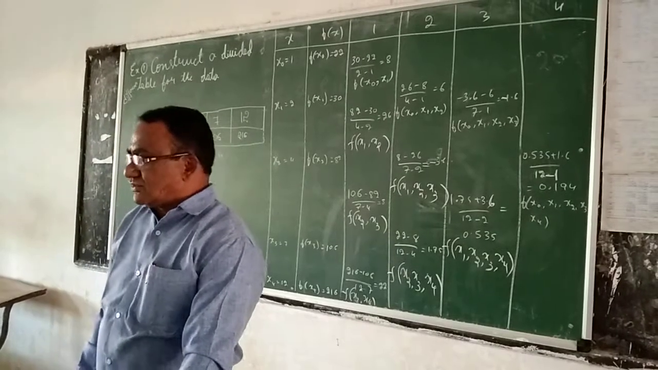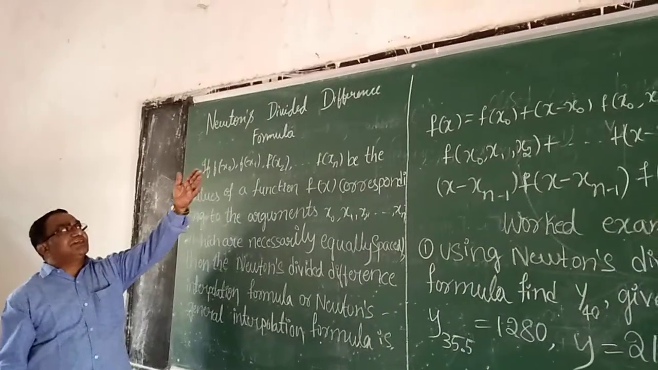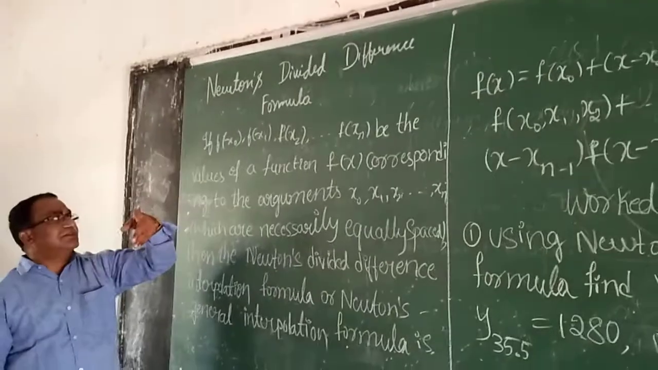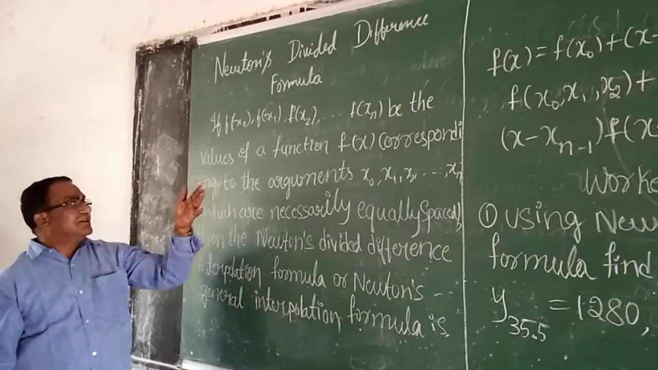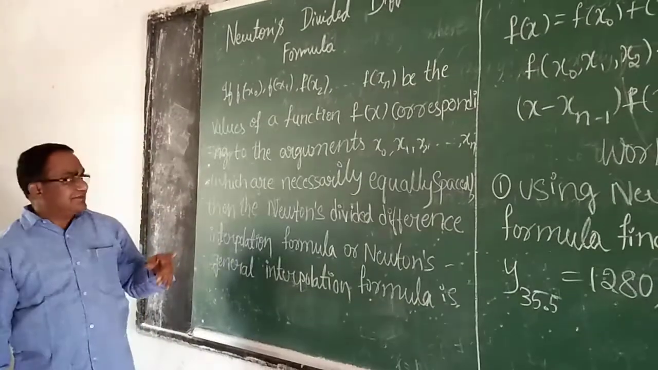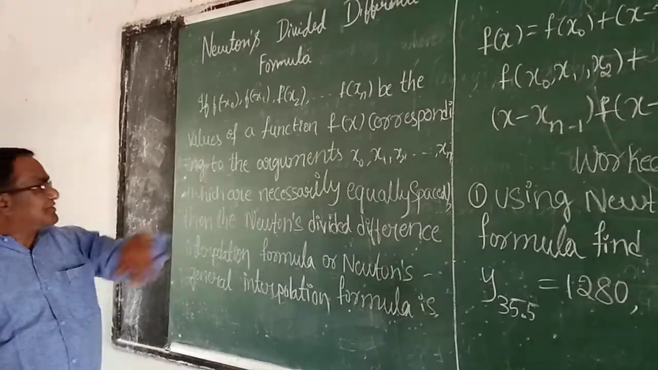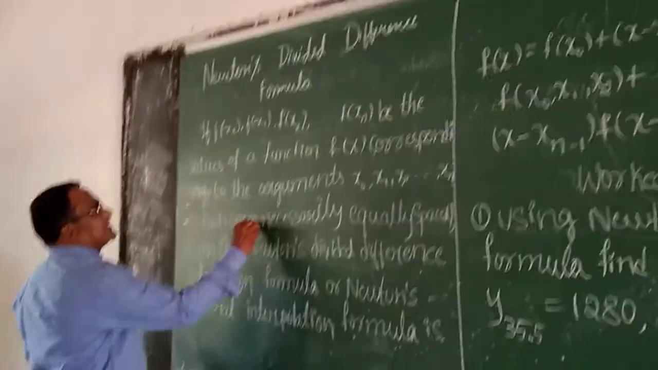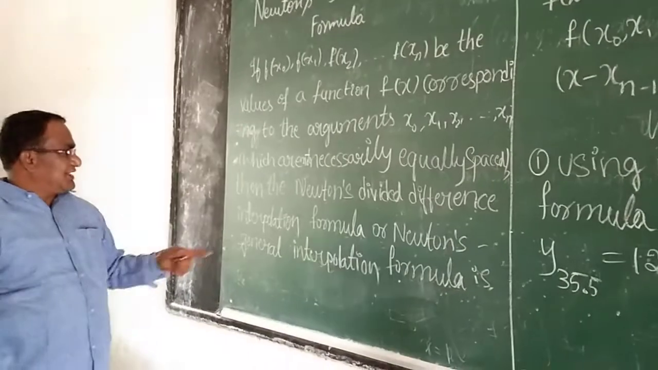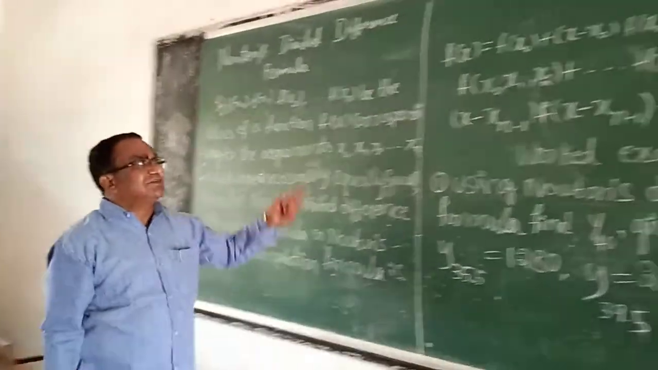Okay? Yes, let's go to the next topic here. See here, Newton's divided difference formula. If f of x0, f of x1, f of x2 and so on up to f of xn are the values of a function f of x corresponding to the arguments x0, x1, x2 and so on up to xn, which are not necessarily equally spaced, then the Newton's divided difference interpolation formula or Newton's general interpolation formula is this: